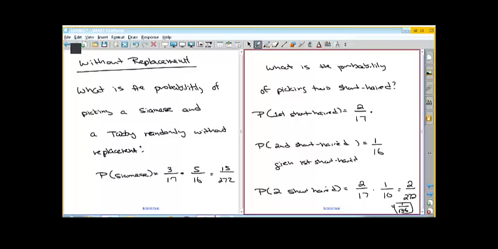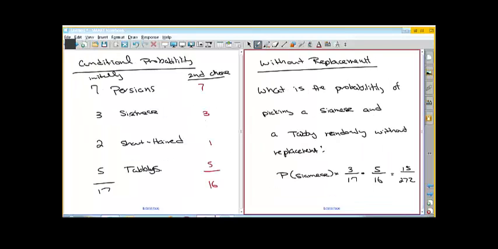So you really have, and the only other case is where you might only have one of, if I only had one short-haired to start with, I couldn't pick two short-hairs. That would not be a possible thing. But usually if they're different cats and it's two choices, then the denominator is reduced by 1 because we have one less cat, and we just use whatever the numbers are